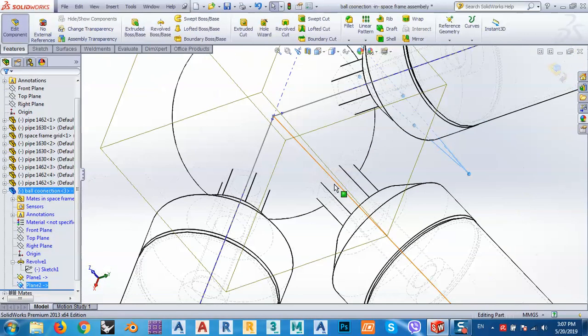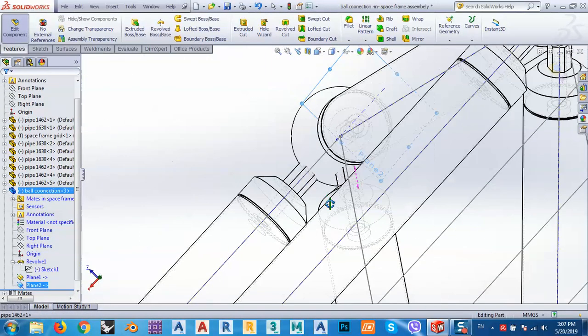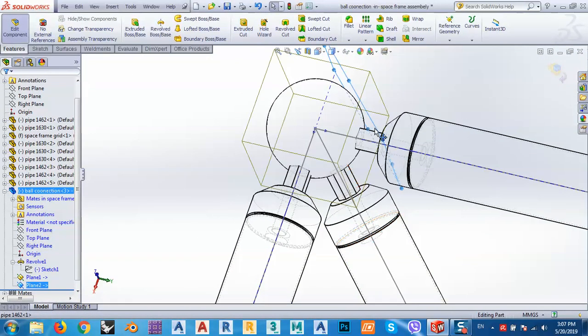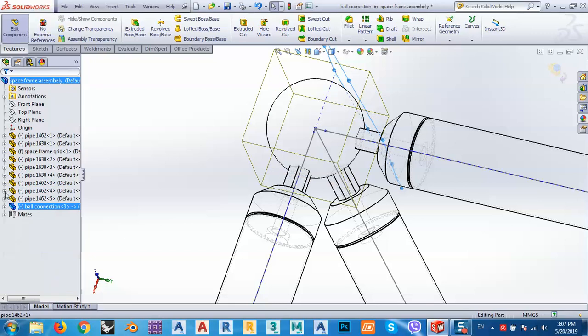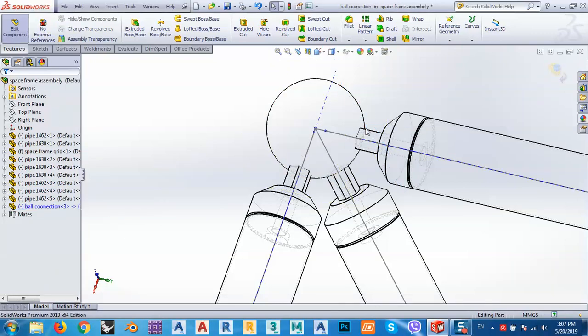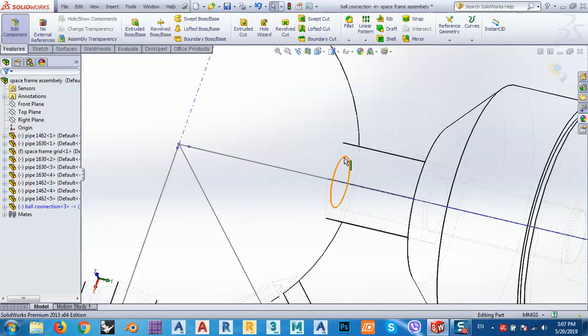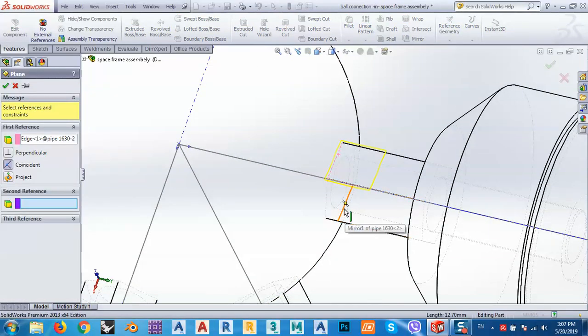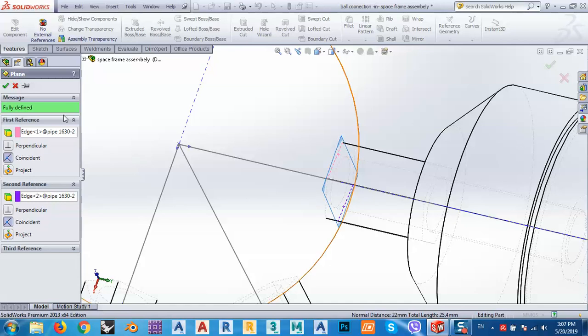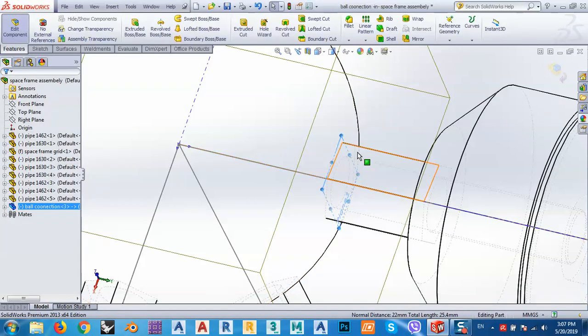Okay, as you see, plane number 2. Oh no, this plane is a mistake. Reference planes, this plane and this plane. Yes, finish. So we have this plane,